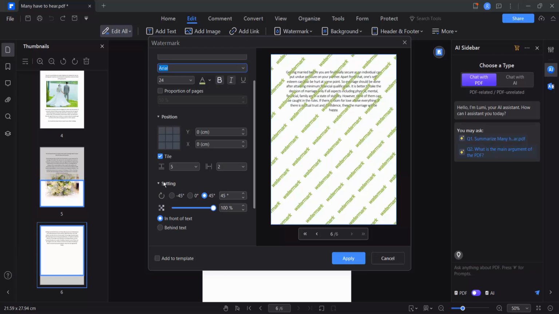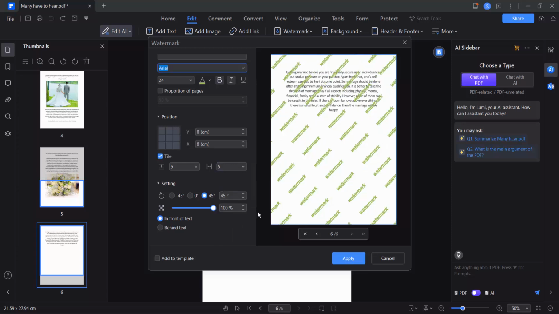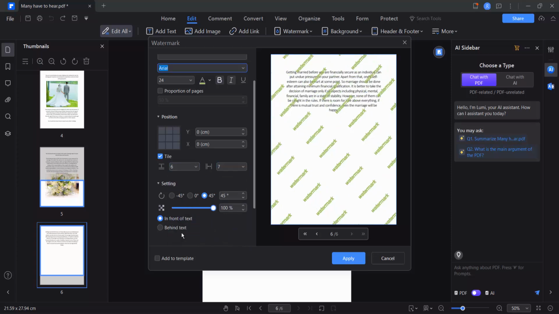5, this row space and this column space also I'll make it 4, and see this also you can increase this space, make it 7, this one also 6. See this,